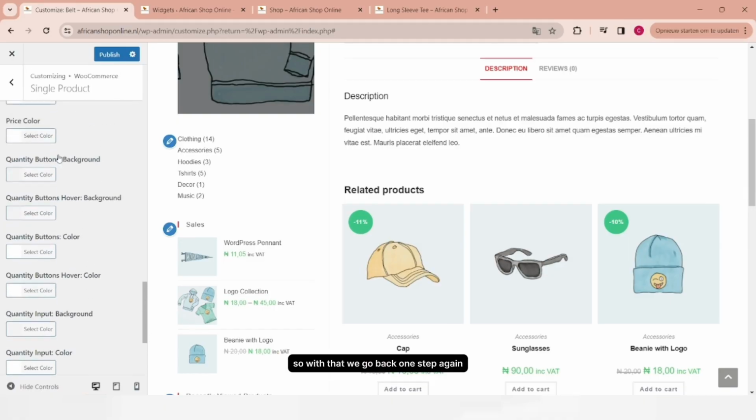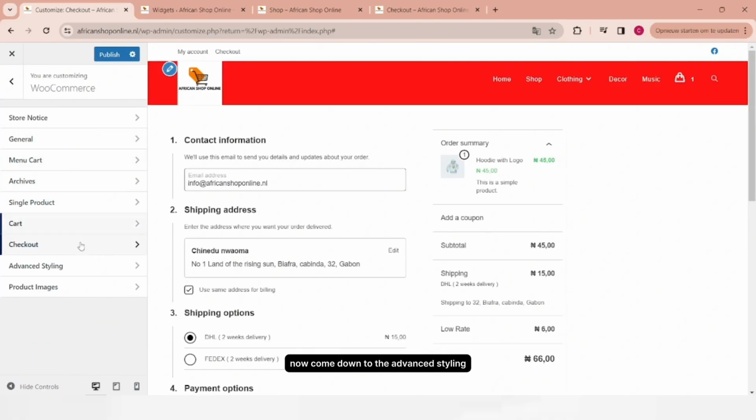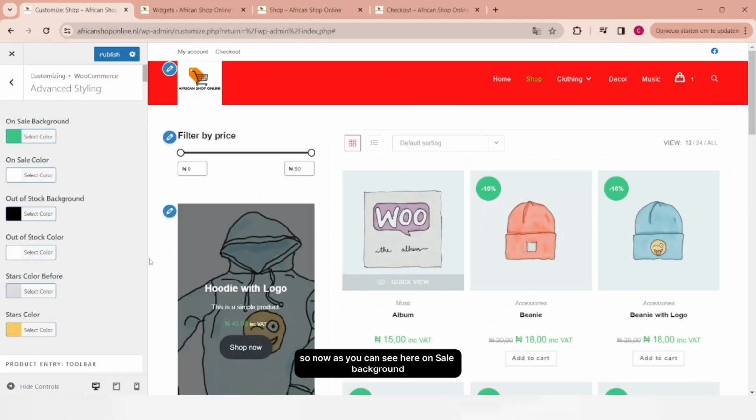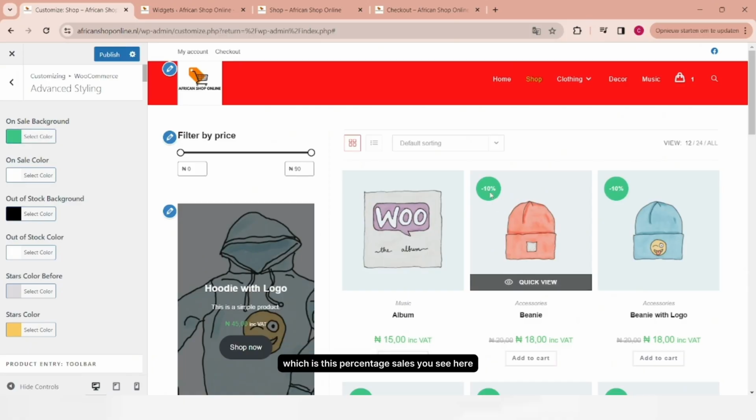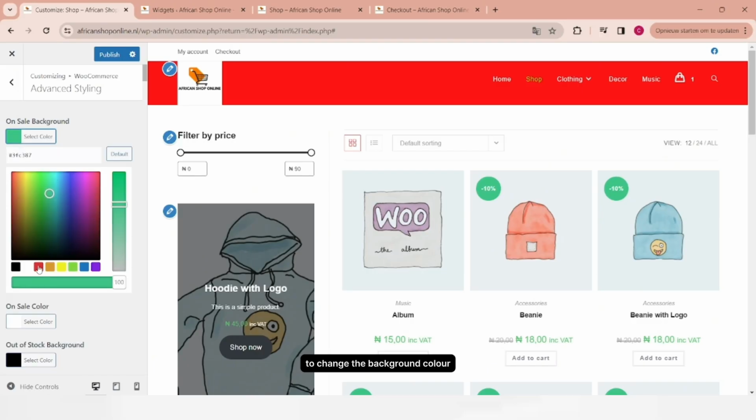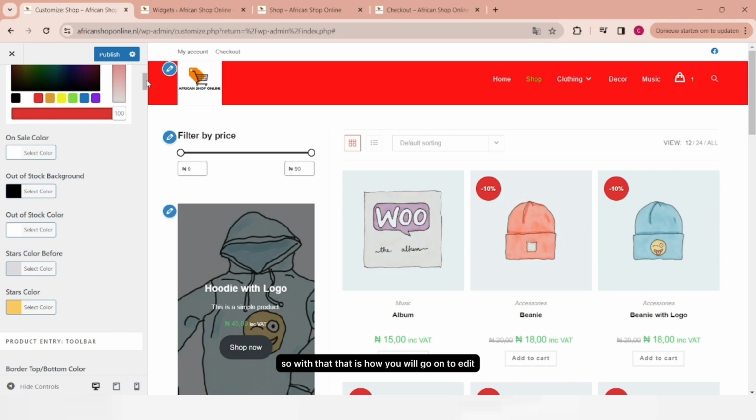So with that, we go back one step again. Now come down to the advanced styling. So now, as you can see here on cell background, which is this percentage cell you see here, we can go ahead and click on it to change the background color to a color of our choice. So I will go ahead and choose red. So with that, that is how you will go on to edit and update all these colors the way they